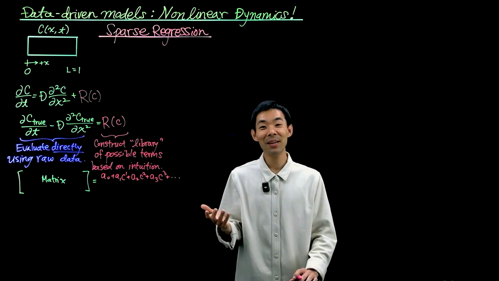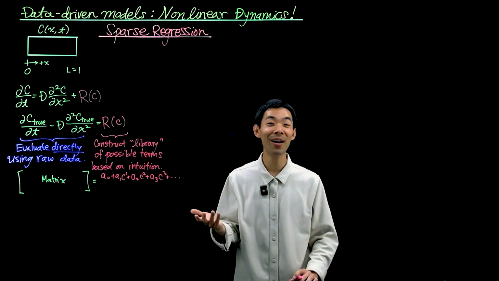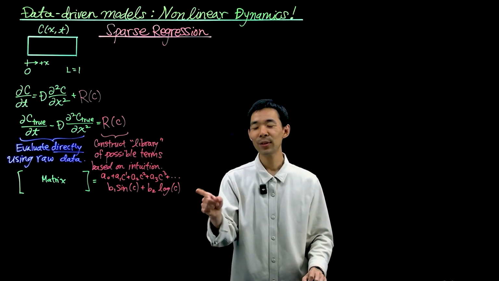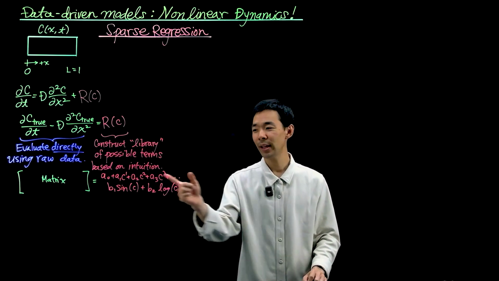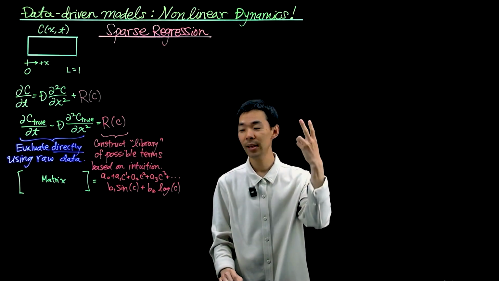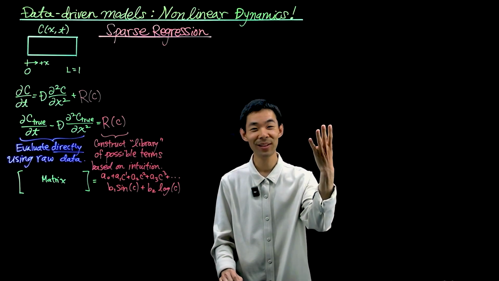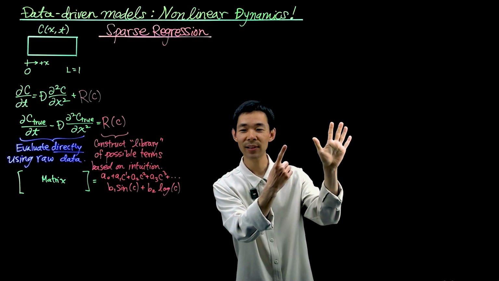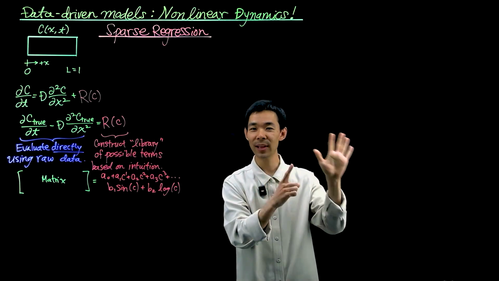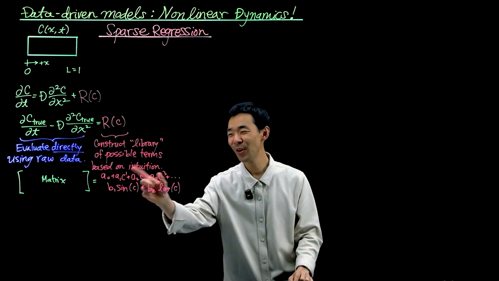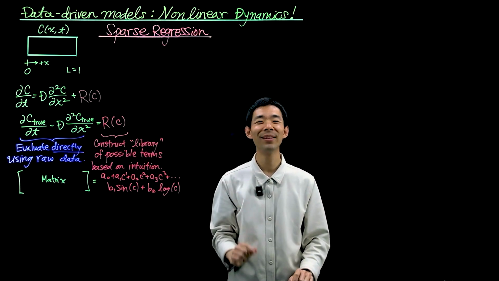It might also be sines and cosines or logs that are part of your system. Just like that. So you construct a library, in this case, polynomials, 1, linear C, quadratic C, cubic C, sine, and log. So in this particular example, there's 6 potential dependencies of your concentration on the rate law,